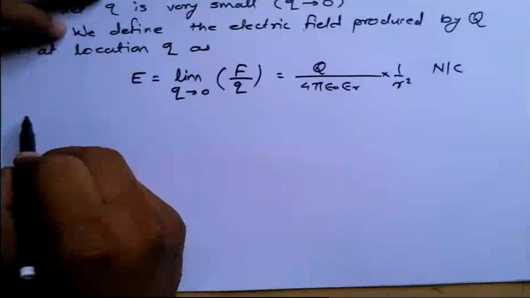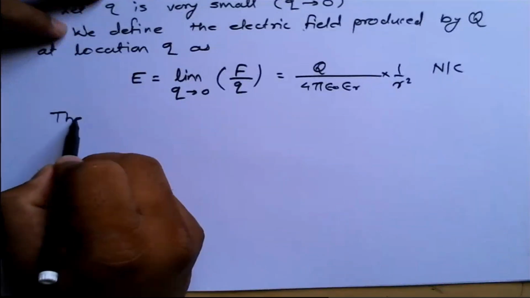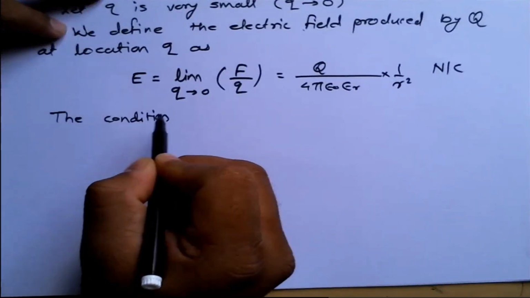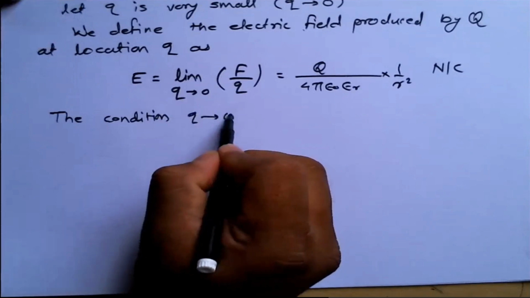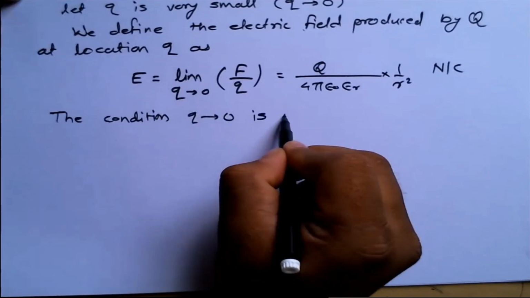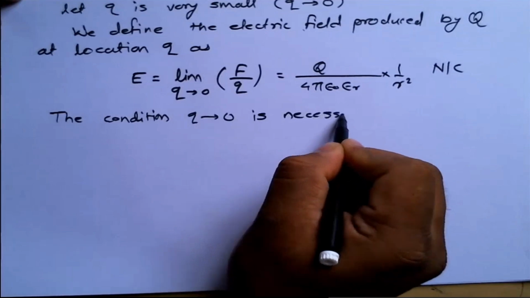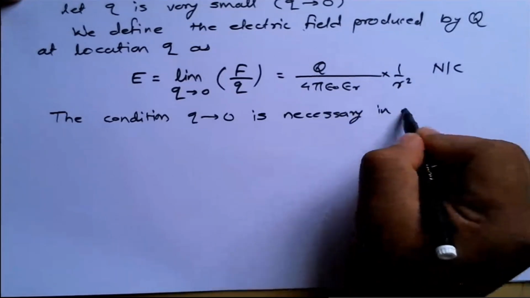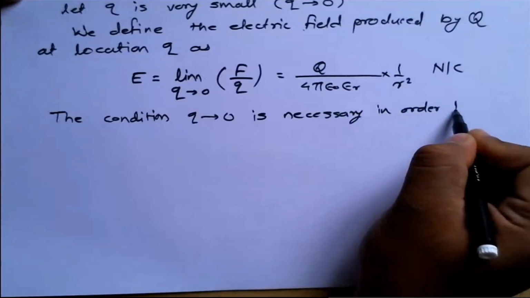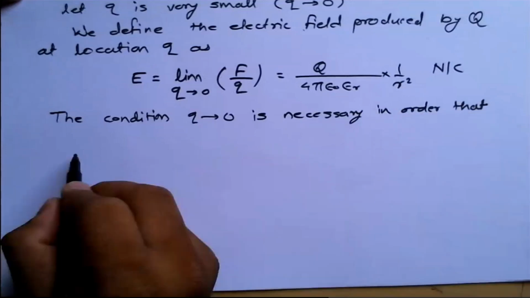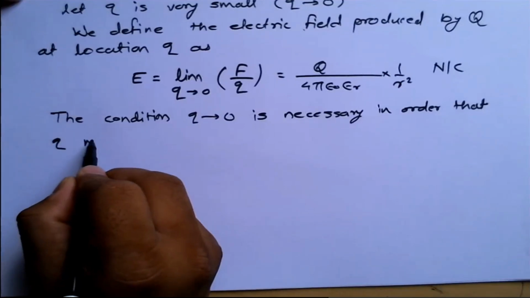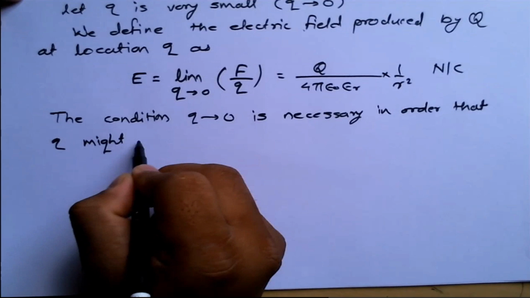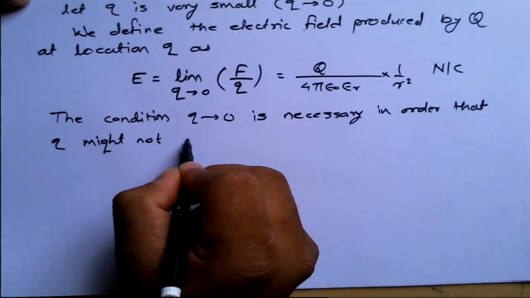So write down the condition. The condition q tends to 0 is necessary in order that q might not disturb